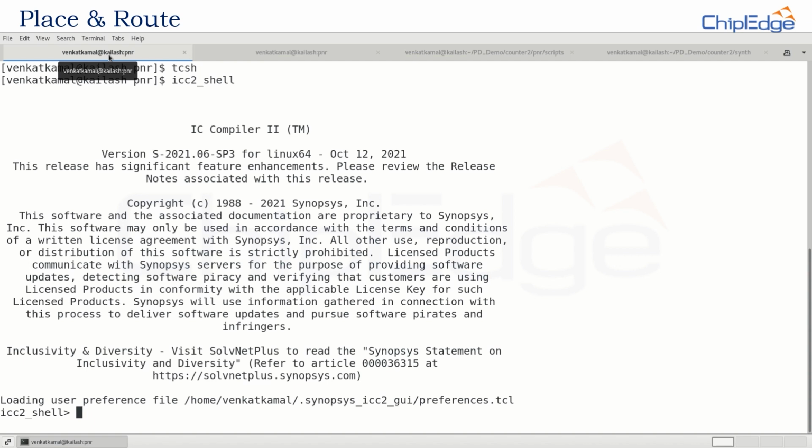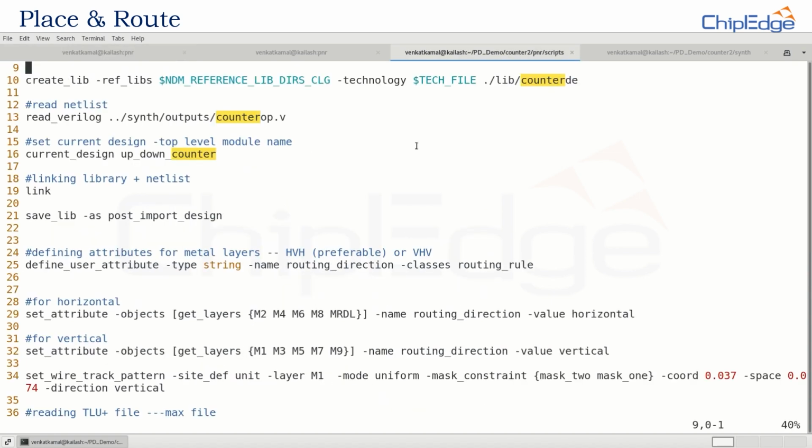So we use these outputs from the synthesis and give them as inputs for the entire place and route flow in the physical design process. Place and route starts with stages like data preparation and ends with routing. What are the different stages involved in place and route in the physical design process, or PNR? They are